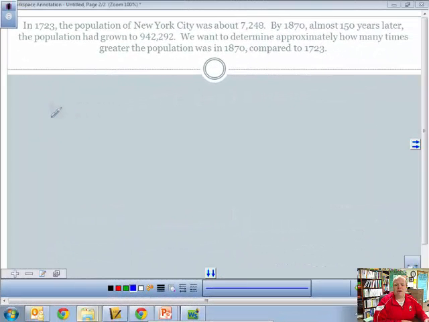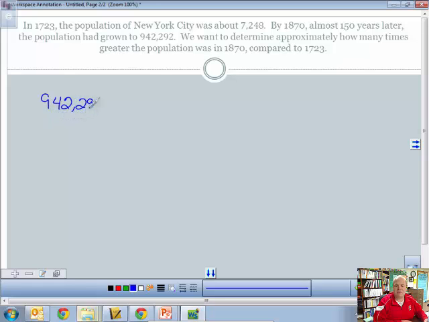In 1723, the population of New York City was about 7,248. By 1870, almost 150 years later, the population had grown to 942,292. We want to determine approximately, or about, how many times greater the population was in 1870 compared to that of 1723. Well, if I look at these numbers, I'm essentially going to go